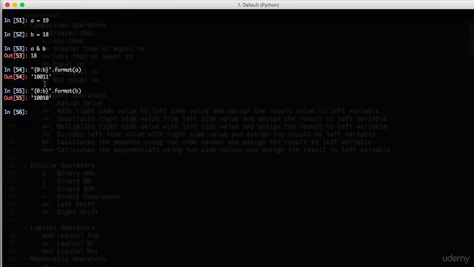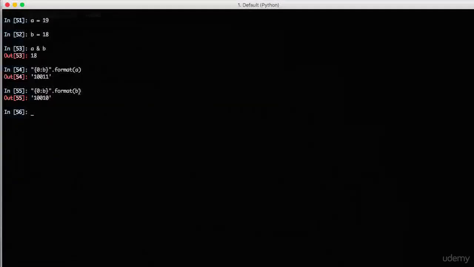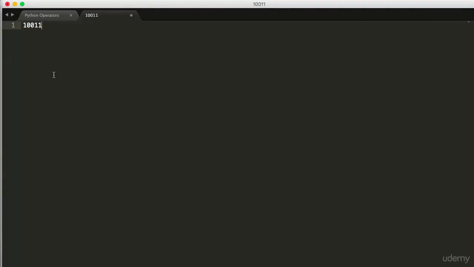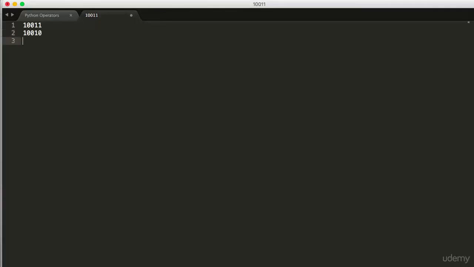In case of AND, the resultant value will be 1 if both values are 1. Let's try to understand this with an example. Let's copy this. So how does Python perform the AND operation?